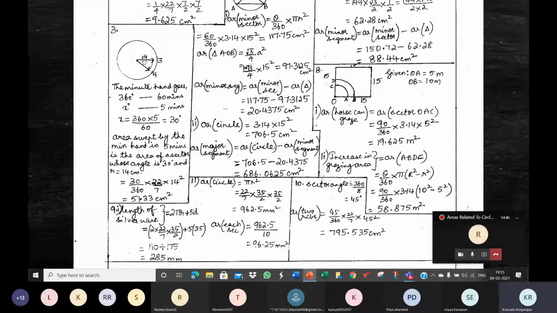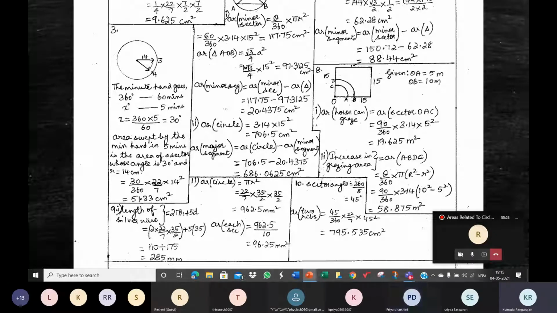So how do we find theta? To find theta, we need to first answer this question. How long does the minute hand take to make one circle on the face of the clock? How long does the minute hand need to describe a circle on the face of the clock? Now again, we don't know. So let's say now the time is 8 o'clock. Where is the minute hand at 8 o'clock, children?